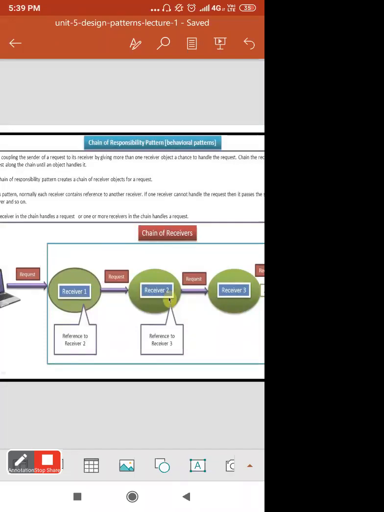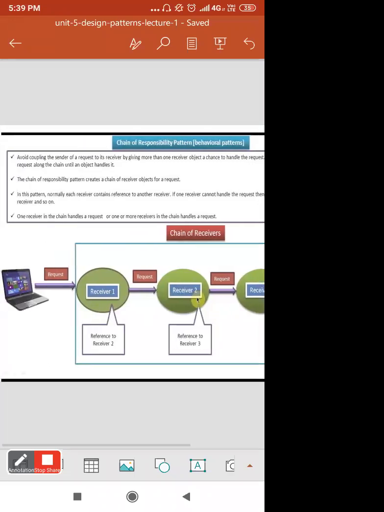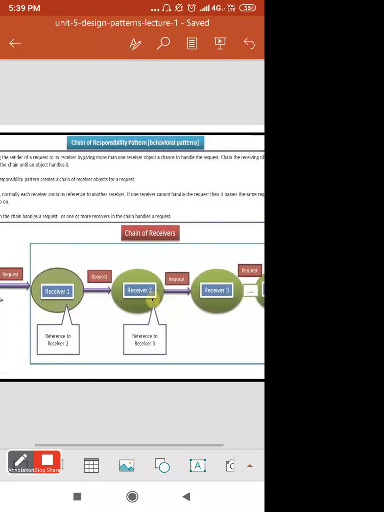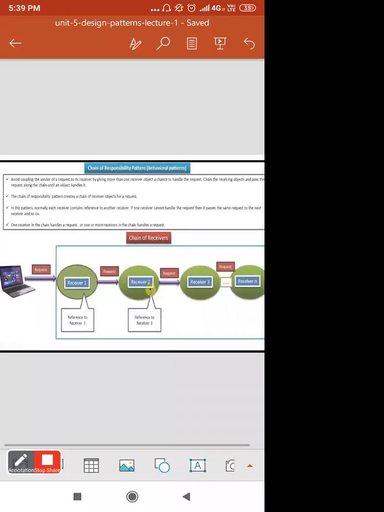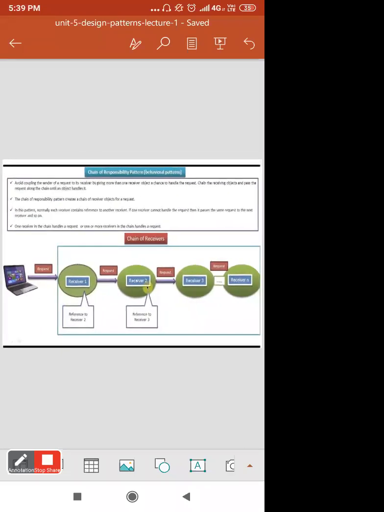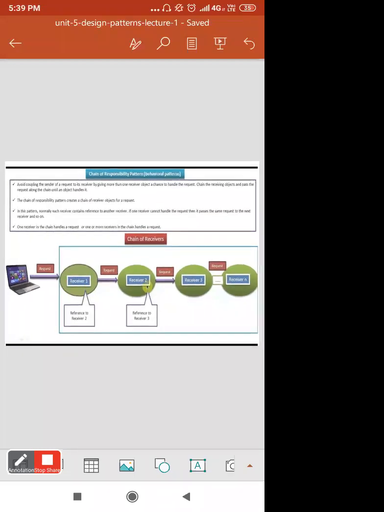If he is unable to handle that request, then he can pass on the request to the next receiver. One or more receivers in the chain handle a request. So that is the chain of responsibility pattern of a behavioral type.